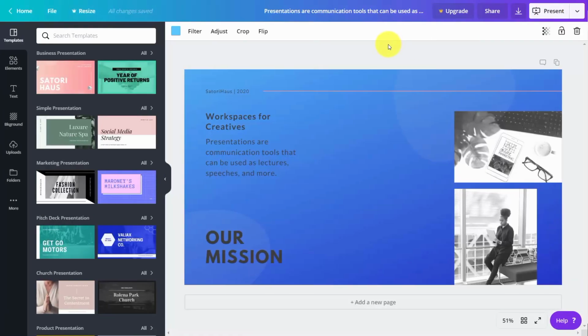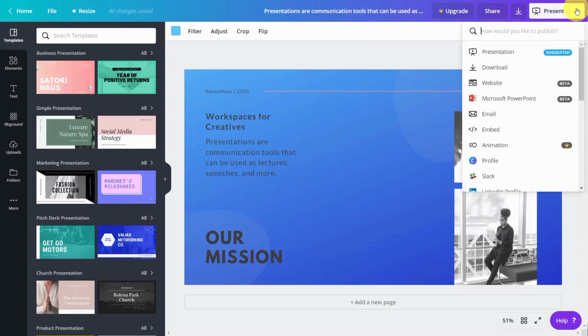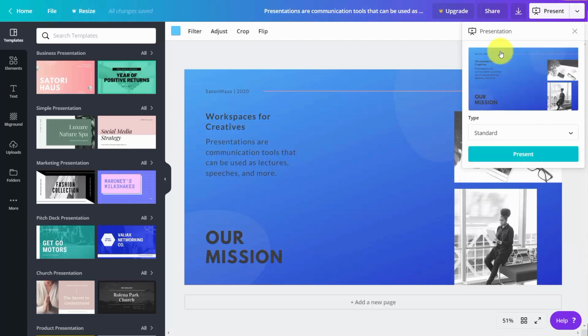Now, one way to output the content is to output it into a presentation. And we can do that by going to this drop-down arrow, and you're going to see that there's going to be a link here for a presentation. What we're going to then do is to click that link. You're then going to see that we can download it into a standard presentation, and we can also output it